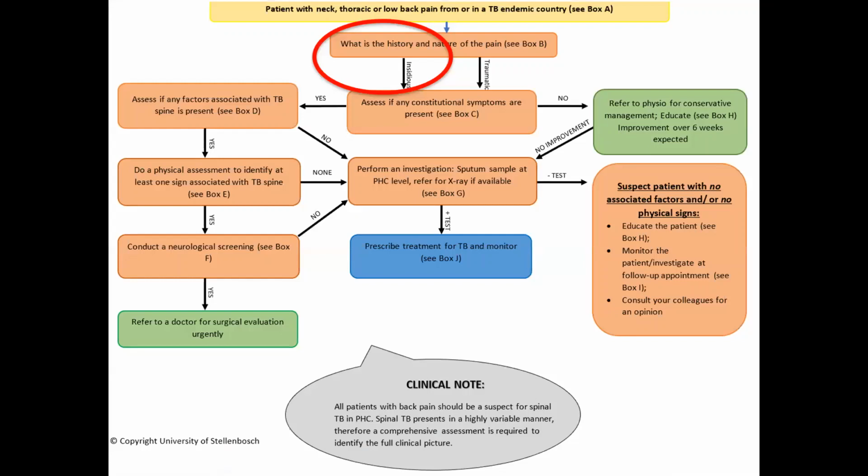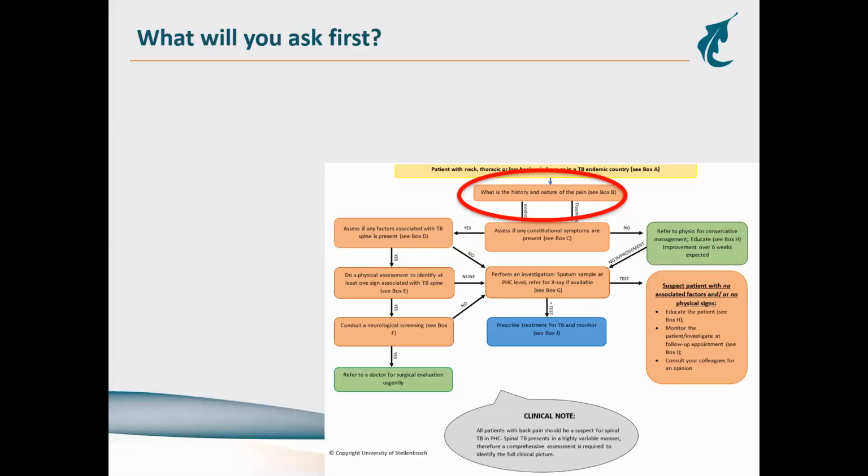So the first thing that you would say, so she has back pain, so you would already be suspicious of what's happening there. So the nature of her pain is insidious. There's no specific event that took place. So she can't exactly remember when it started. So you would then immediately ask her, the next question would be to assess if she has constitutional symptoms or not. This is what you would ask then.